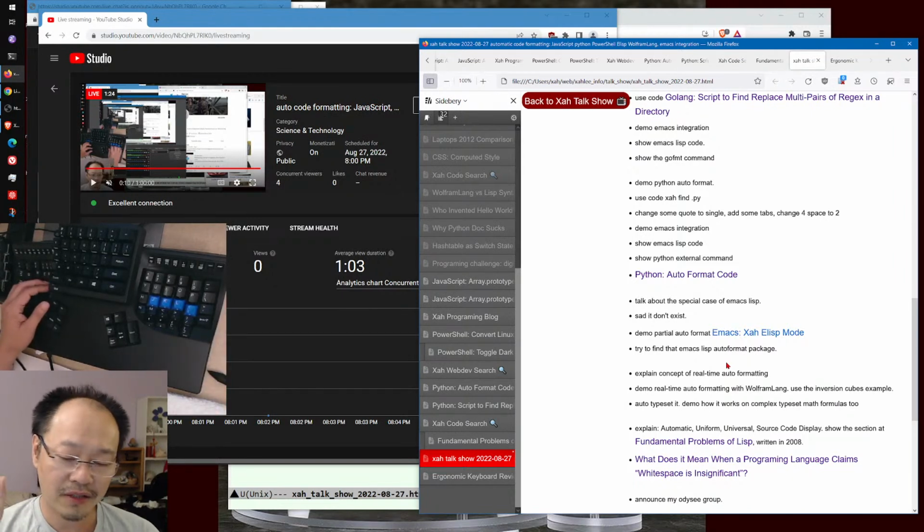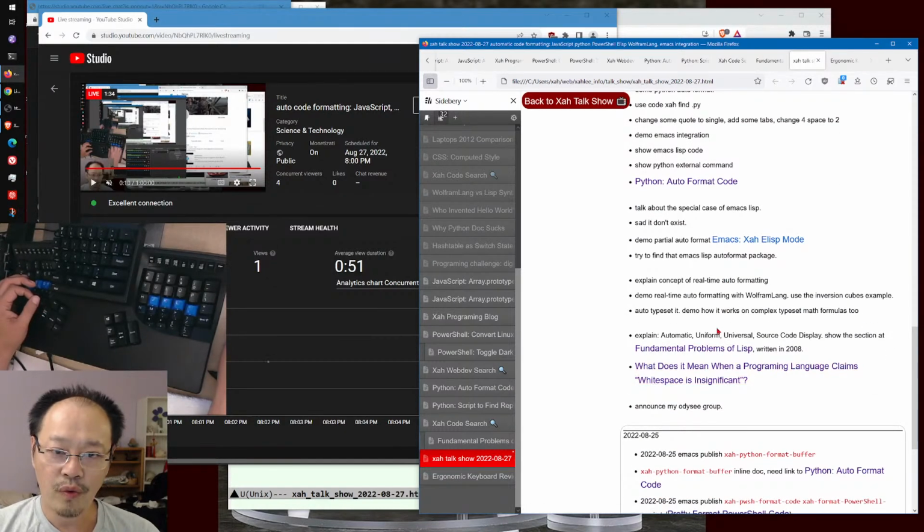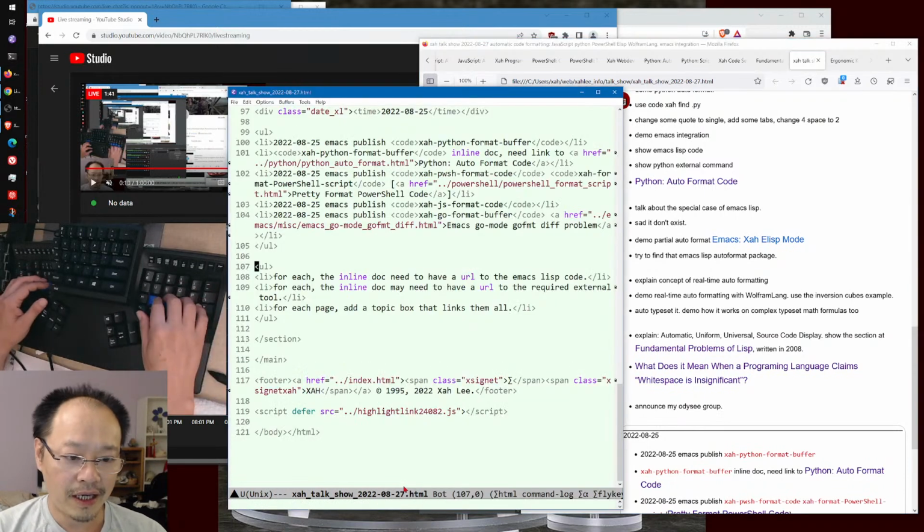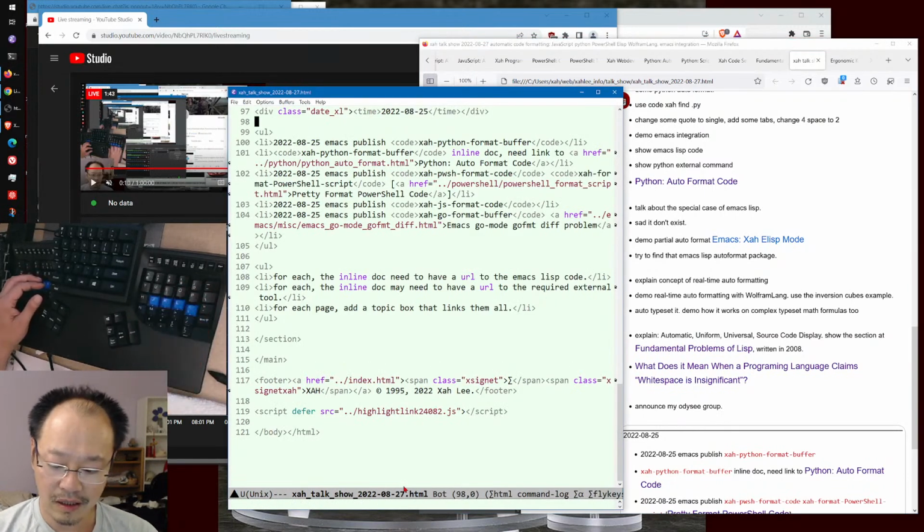The formatting code is very interesting because it involves a designing of the language syntax design. Okay, so I'm going to demonstrate Wolfram language, where you can have automatic, not just automatic formatting, but you can have formatting in real time. Okay, and that requires